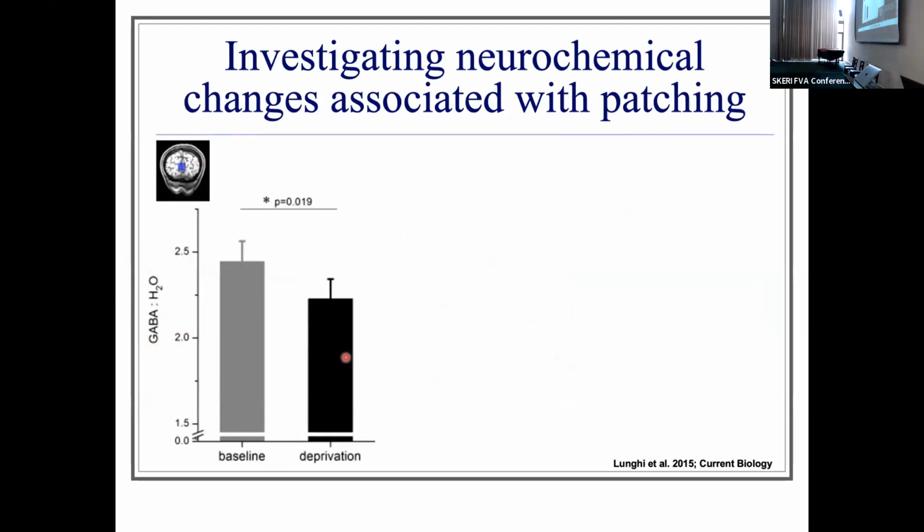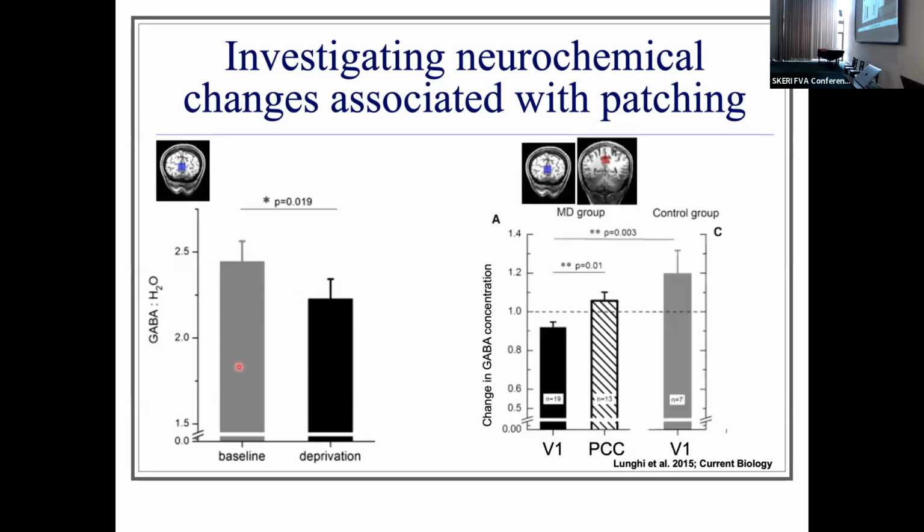However, we know that the neurochemicals can sort of vary over the course of the day. So, of course, because there's about 3 hours between these two scan sessions, there's a possibility that that's just something that happens because of the time of day. So that's why we had this control group, and we had a control voxel as well. So what you can see is this is now the ratio of the change in GABA concentration. So this is the deprived